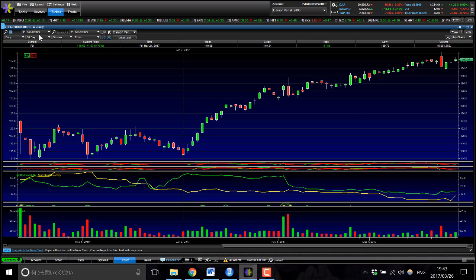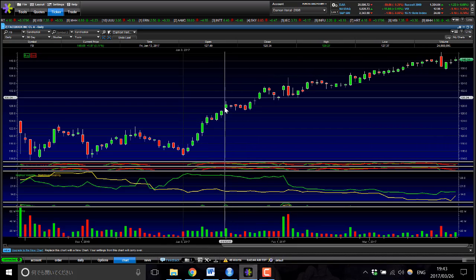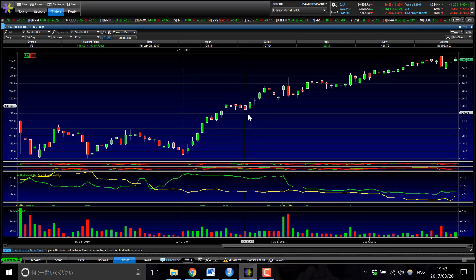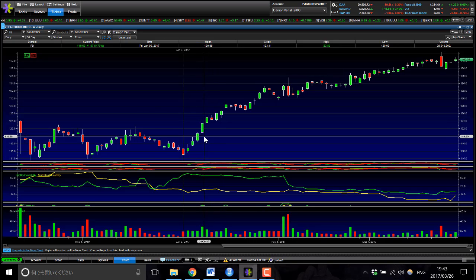Maybe went back a little too far. Here it is. So you see this gap? It looks like a small gap between these two green candlesticks. Now, this is actually an area gap. I know because it filled, but I would also have guessed it's an area gap because green generally doesn't lead